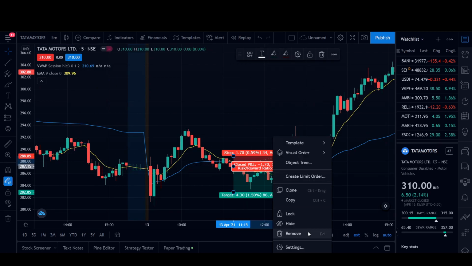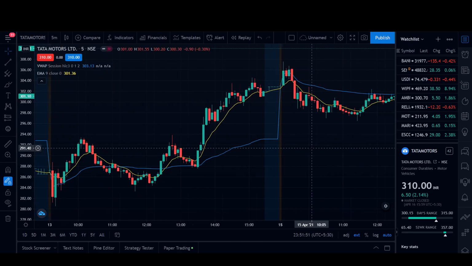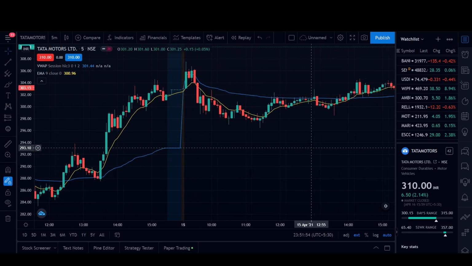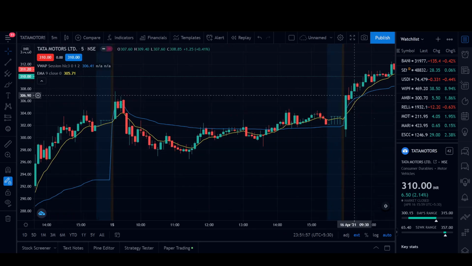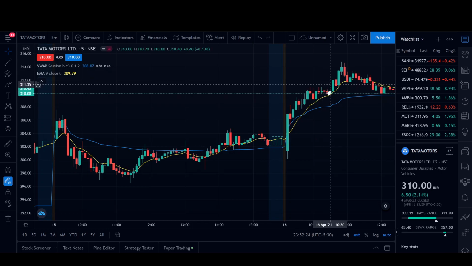So the most important thing is psychology, controlling your emotions. The strategy will work and will give you more gains than losses if and only if you follow the stop loss and trail the stop loss, and you don't remove the stop loss as the price is coming down, because a lot of traders do it and they end up losing a lot of money. And keep a good target. I always suggest 1% to 1.5% at max, but with this strategy I would suggest a good 1% target. This was the strategy, guys.